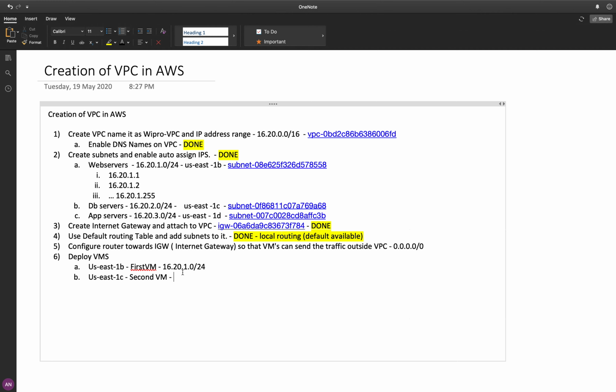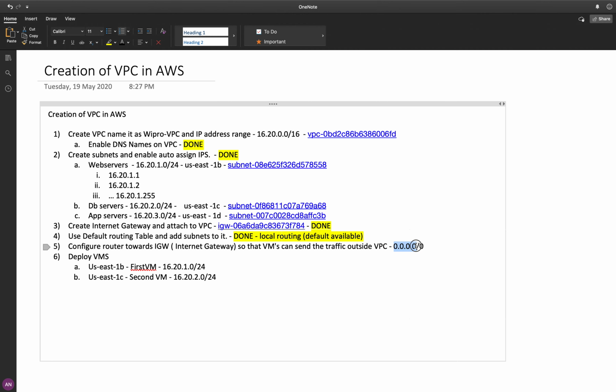And a second VM, in 1C, the IP address range will be the one we gave. If I want to communicate between these two, how can I communicate? Suppose you don't give this, these two will communicate, but you want to first connect to one machine, right? For that purpose only we gave this traffic.